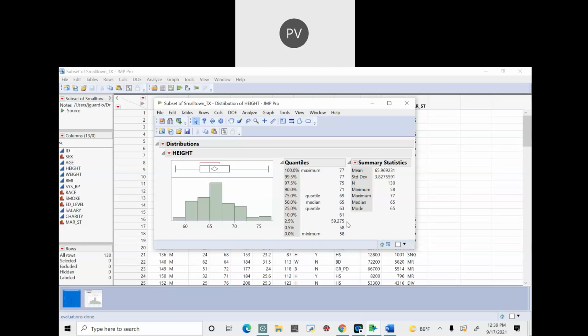So all these data values here are taken from the subset of small town. Now, we know that JMP can do this for any number of data sets. It could be 100, it could be 1000, it could be 10,000. Now, we did suggest you make a subset of small town. Why? We know that it can do it for the entire population, but still we did a subset. That's because